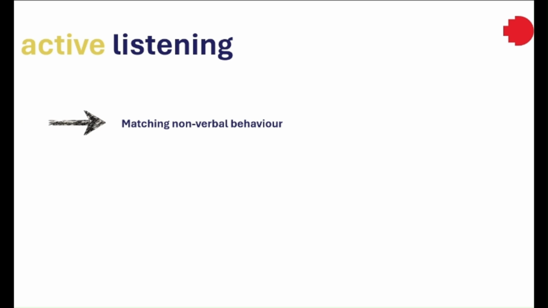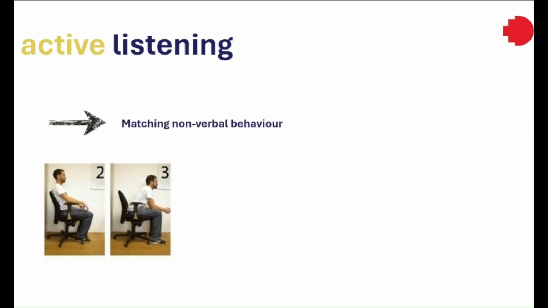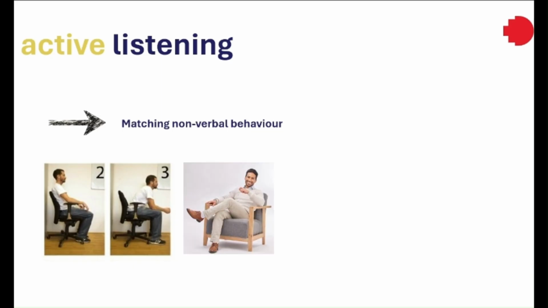Matching nonverbal behavior involves doing a similar behavior to what the client is doing. For example, if the client is somewhat nervous and they're sitting on the edge of their chair, then the counselor could match that behavior and sit on the edge of their chair as well. Or if the client is leaning back using a more relaxed posture, the counselor could adopt a similar posture as well. Again, this is done to show this idea of joining, and that we are tuning in to their feelings, to their emotions, to what is happening for them right now.